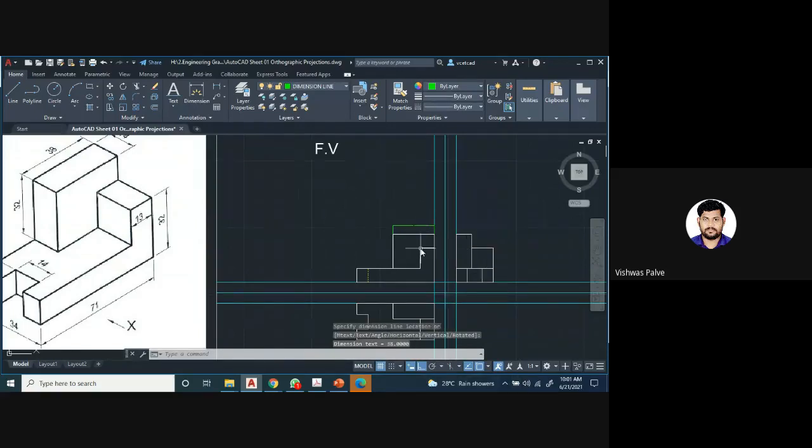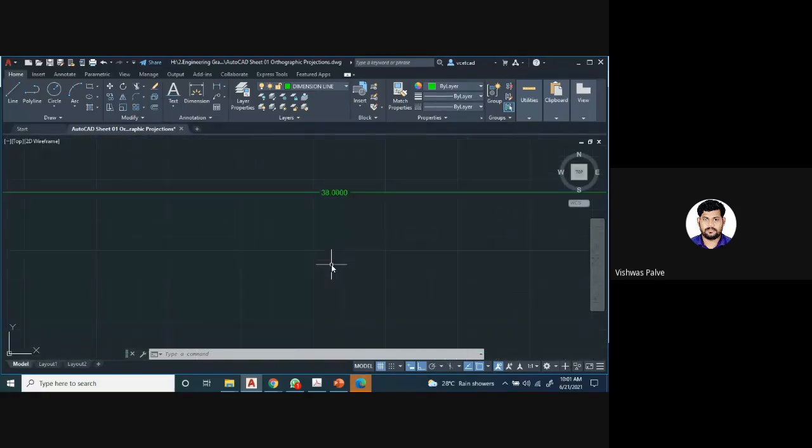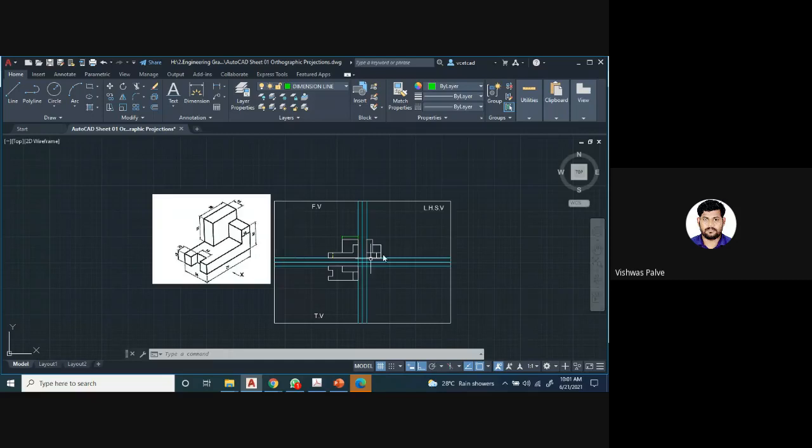Okay, but what is happening now, is that dimension visible? So in most of the cases what will happen, that dimension will not be visible. When you zoom, then only that dimension will be visible. But here what is happening, 38.0000, right, 4 times 0 is there, and the arrow is also not visible clearly. So we have to do a few settings before giving the dimensioning, and once you do the setting, just save it in the template. This will be uniform, no need to do it again and again.